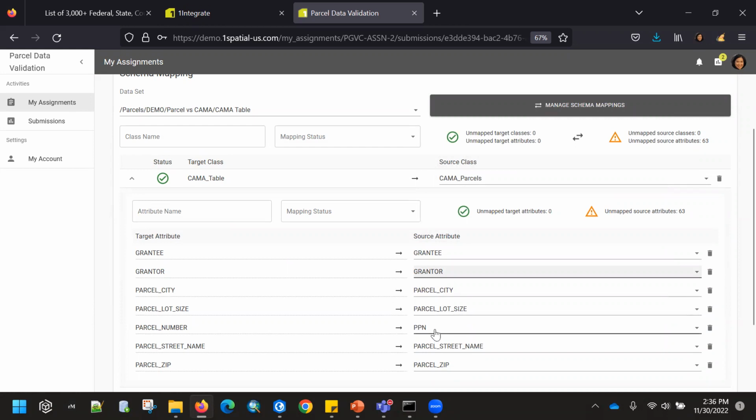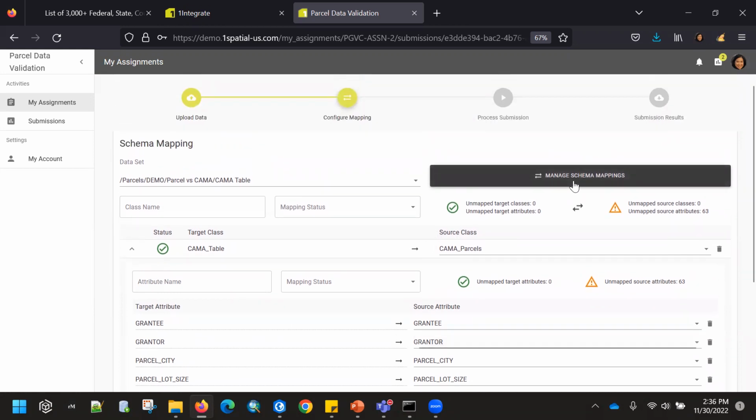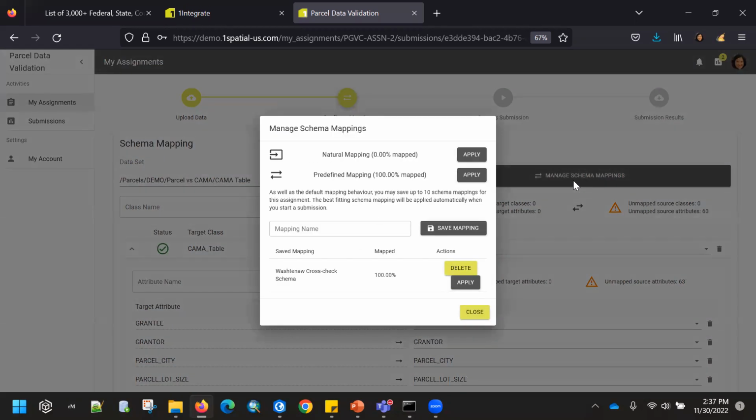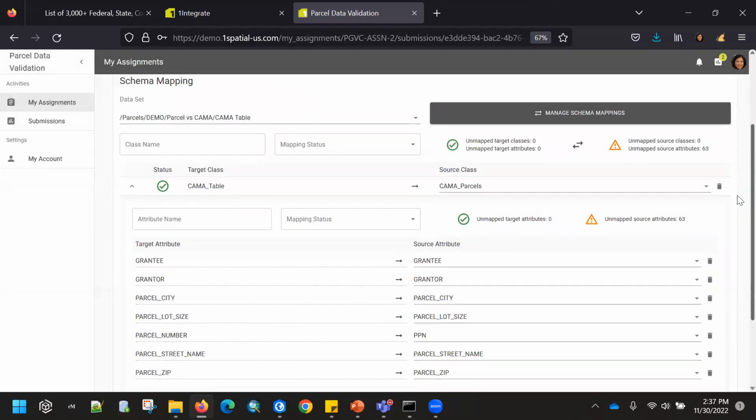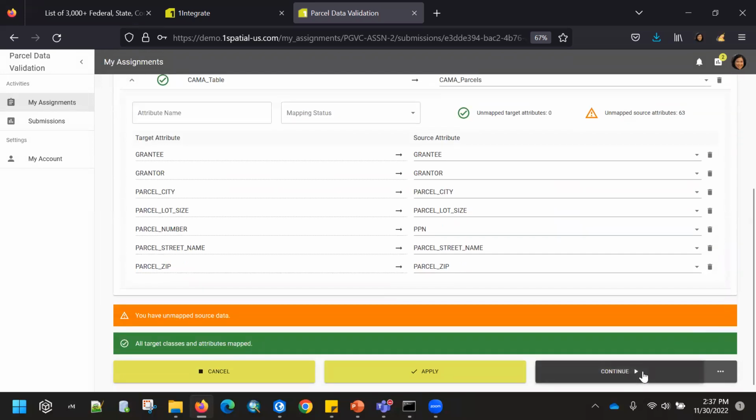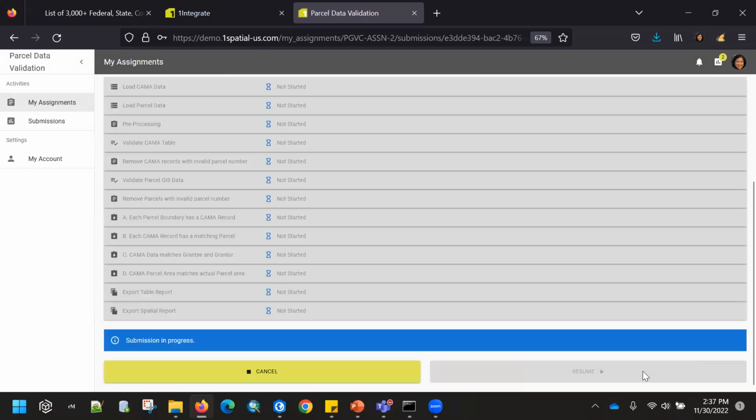The reason we already have this mapped across is because the first time that I ran this, I went ahead and saved my schema mapping. So I can submit multiple versions of multiple schemas for my data. And One Data Gateway will say, as long as my submitted data schema stays the same, whatever schema mapping I saved in here will be saved for next time. So that's exactly what we're seeing now. Everything mapped across perfectly, just like I did last time. And so I can just hit continue.